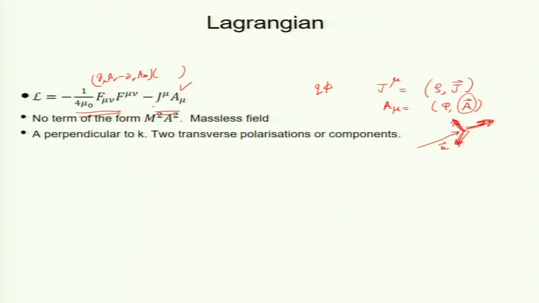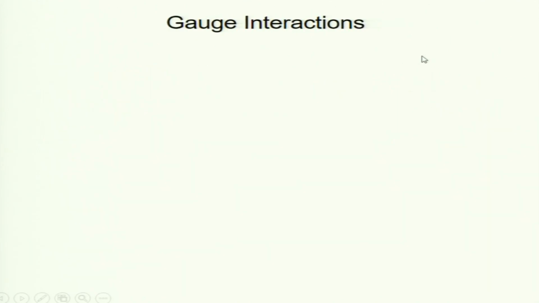So, photon has two independent polarizations, one this way, another one this way, but not along that, this is not allowed. And the action is this, which is I just integrate the Lagrangian with d4x. So, this is connected with electromagnetism.